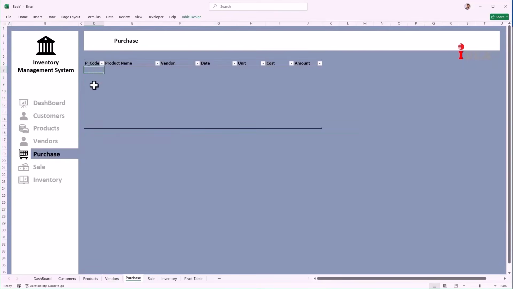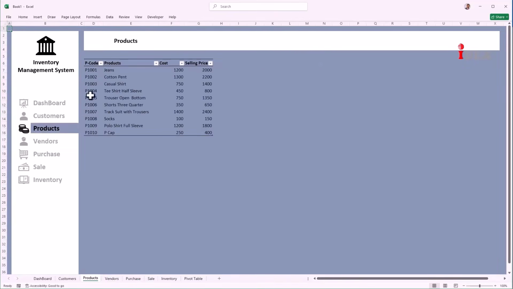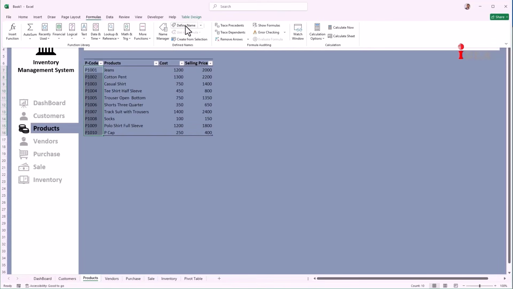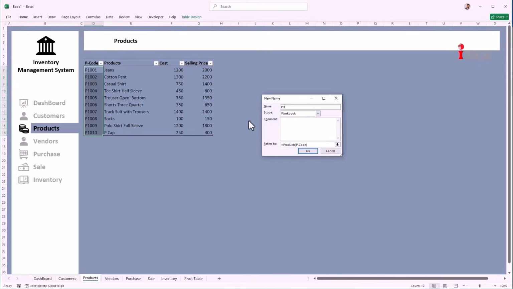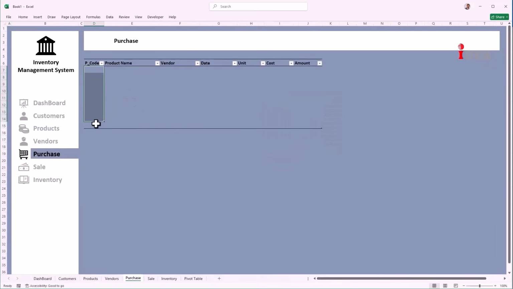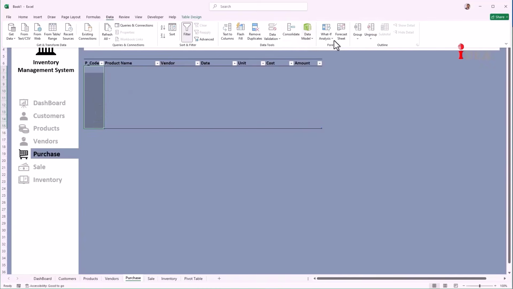Now, to create a product code list, go to the Products sheet and select all the product codes. Then, go to the Formulas tab and click on Define Name. Type P code as the name and click OK to save it. Next, open the Purchase sheet and select the product code cells where you want the list to appear. Go to the Data tab, click on Data Validation,